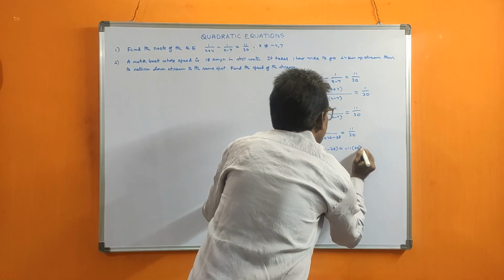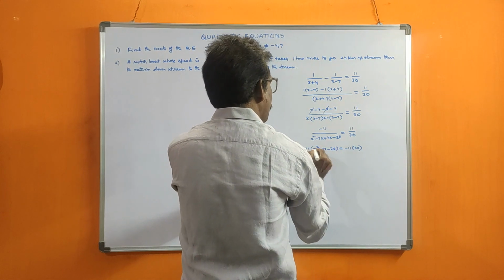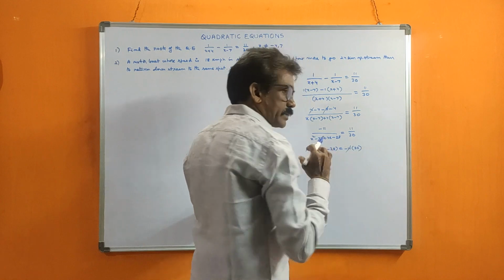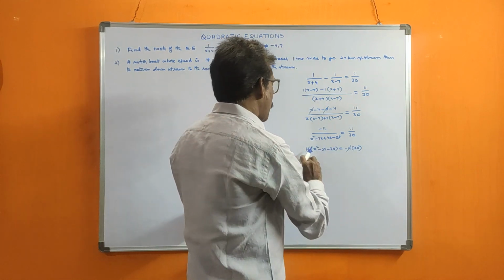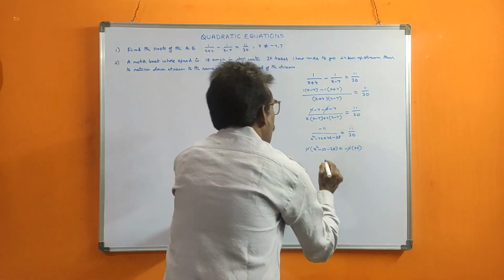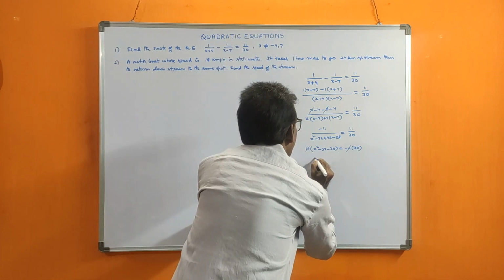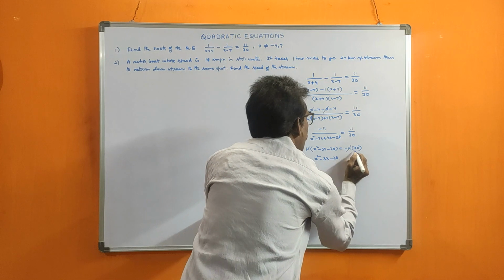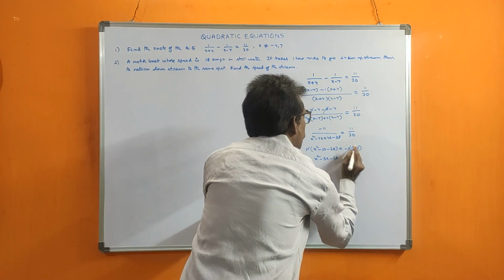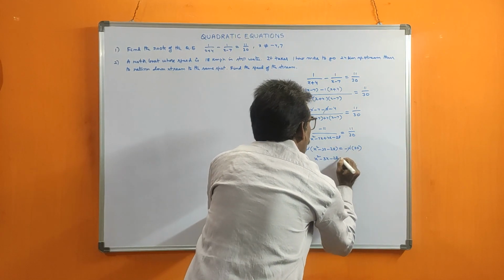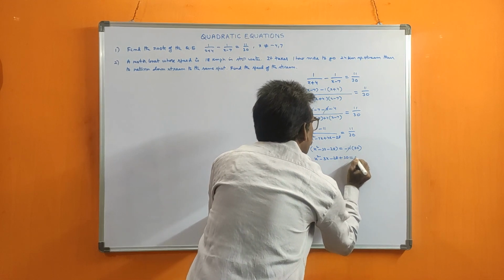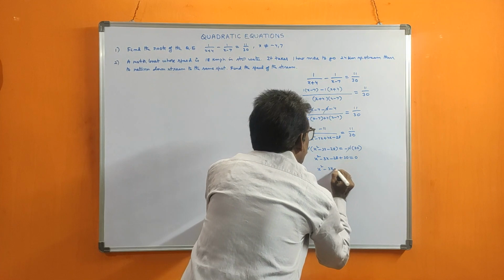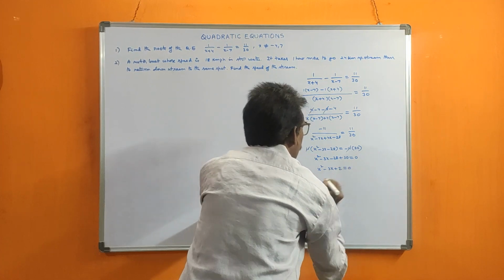Both sides are multiplied by the same number, so in an equation we can multiply or divide both sides. By dividing both sides by 11, it cancels. To simplify, the remaining is x square minus 3x minus 28 is equal to 30. Minus 30 comes to this side as plus 30, equal to 0. So x square minus 3x plus 2 is equal to 0.